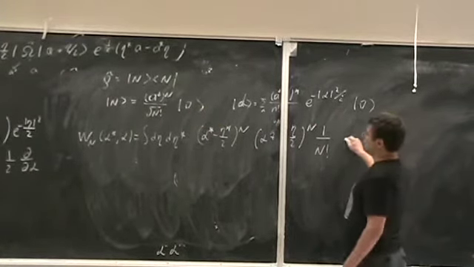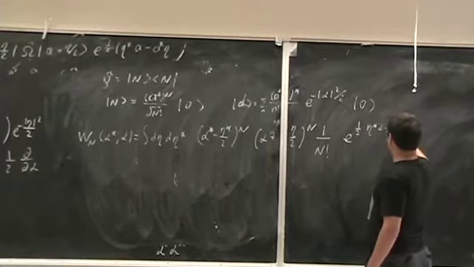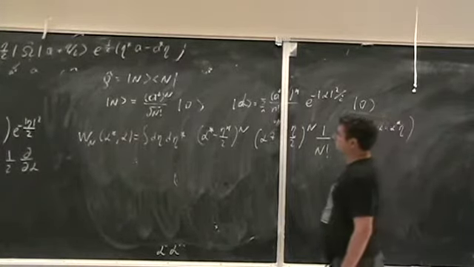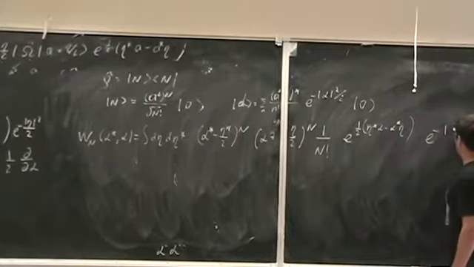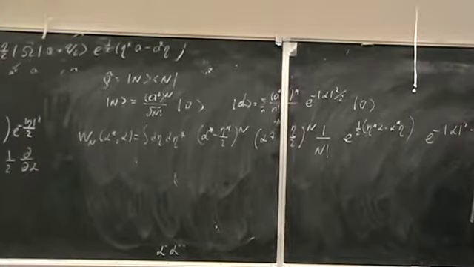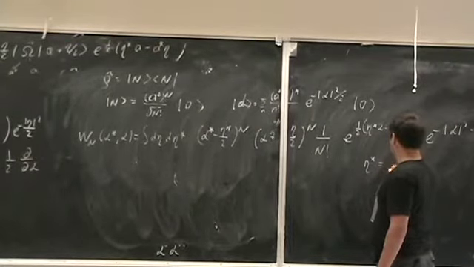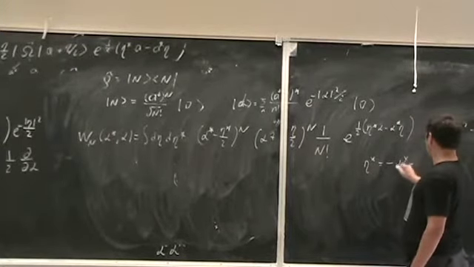And then I will have e to the 1/2 eta star alpha minus alpha star eta. And then I will get the overlap of coherent states, which we already computed last time, which is minus alpha squared minus eta squared over 4. Now I will use the same substitution as we did before. Basically I'll say that eta star will be minus alpha star plus